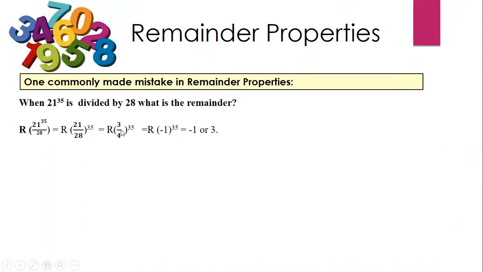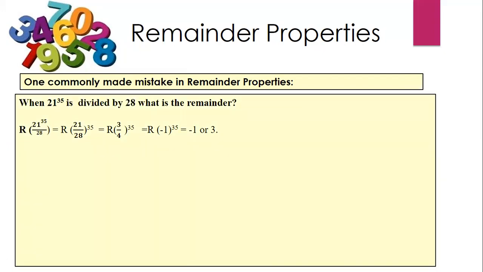So 3 by 4, we can say the remainder is minus 1. Remainder of minus 1 to the whole power 35 is minus 1 or 3. Okay. But is this correct? No. It's a wrong approach,